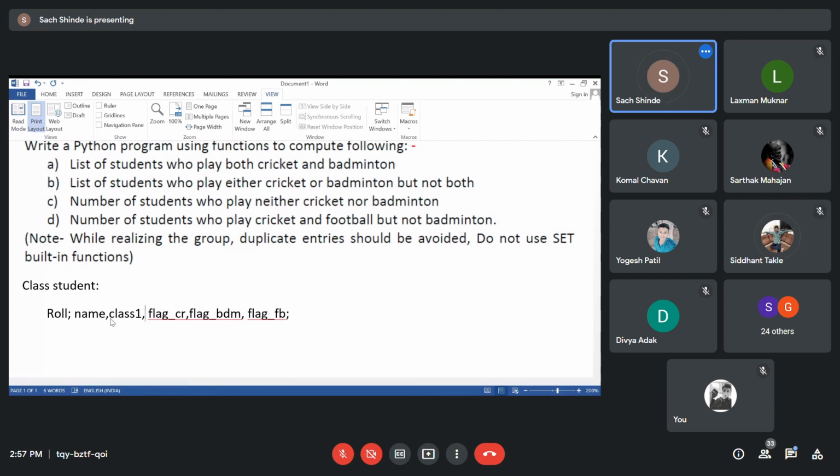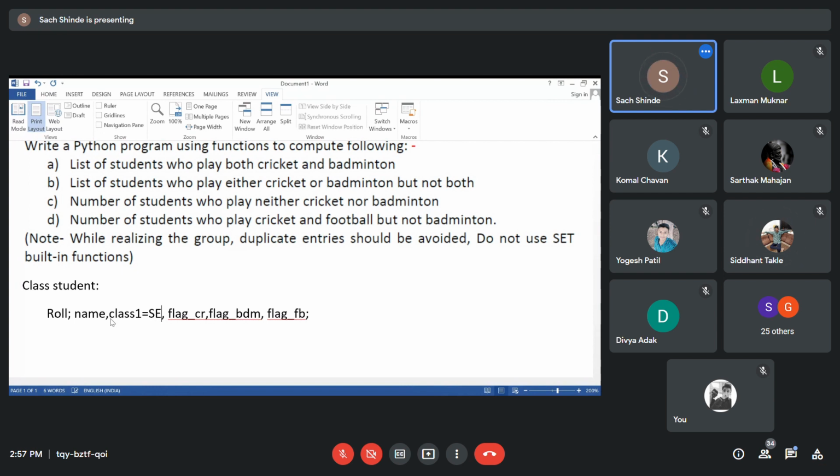Yes, participants. So the student will have the attributes roll, then the name of the student, then a class, which means either he will belong to SE computer, TE computer, or BE computer. Let us assume that by default, the class of the student is SECOM.